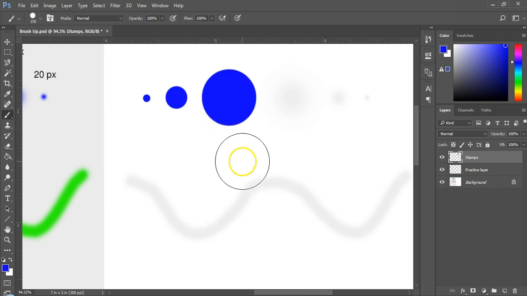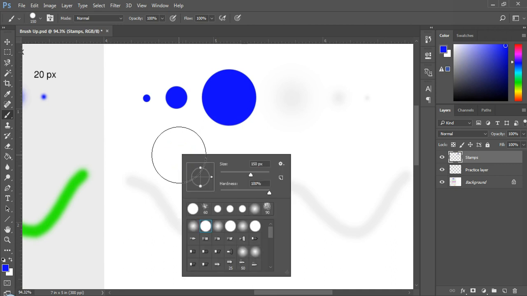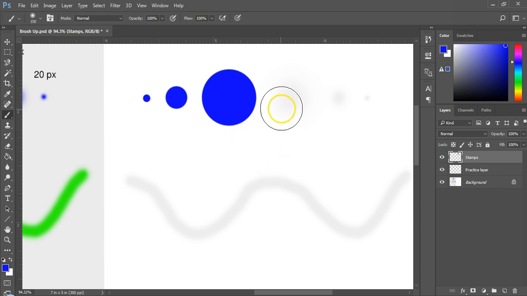Now we are about to change the brush type. So keeping the value of size at 150, change the brush type to soft round. Now come over to the guide and click once to stamp it. This type of brush is very effective in creating soft edges or glow effect or creating gradient. We'll see all these later in the course.